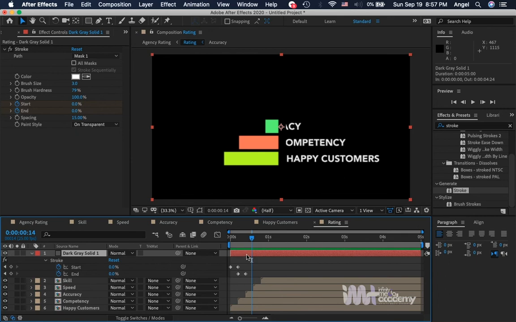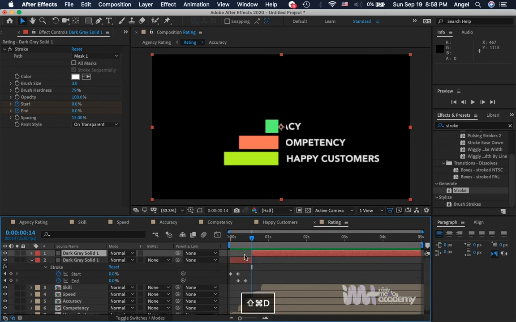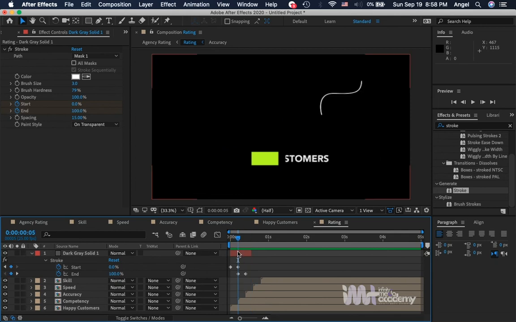So I'm going to slice this layer into two by pressing Shift Command D on the keyboard, or Shift Control D on a Windows keyboard. All right, so I don't need this part anymore. I'm going to delete it. So now I want to quickly duplicate this